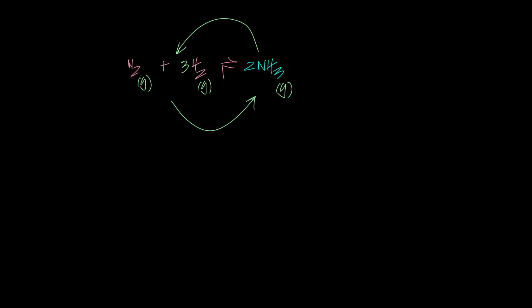Now, a lot of teachers just start making you rote learn the idea of equilibrium constants, but obviously we need to be easily transitioned into it, and the transition is very simple. What we wanted to understand was that after a certain point, we know that a dynamic equilibrium is going to be reached. The rate of forward reaction is going to be equal to the rate of reverse reaction. The concentration of reactants and products will be constant. It will no longer be changing. That doesn't mean they're equal to each other, but they won't be changing anymore. If you have 100 of these and 300 of these and 200 of these, it'll remain that